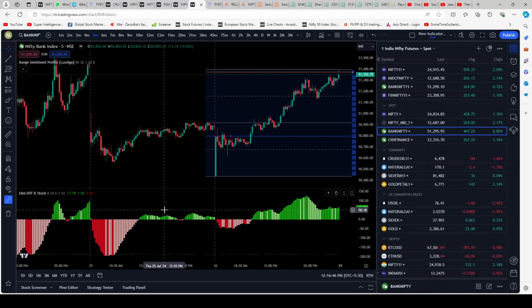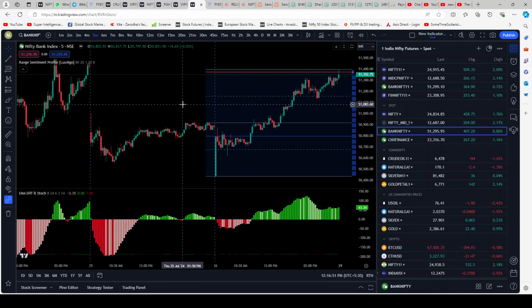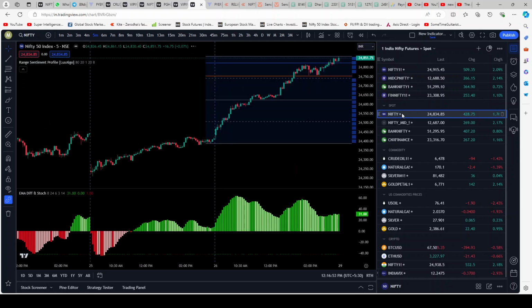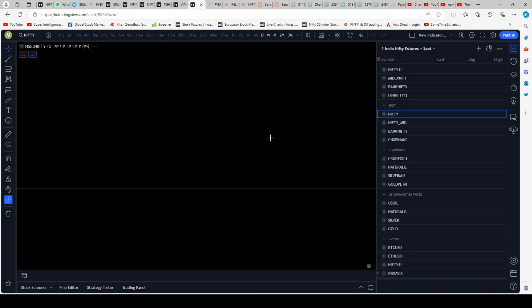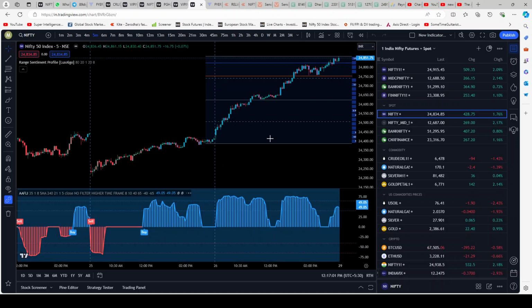So no changes with that. Intraday, I trade 5 minutes. All right. So let's go back to Nifty and let's use another indicator. And this indicator is called, again, it's the same page. This indicator is called